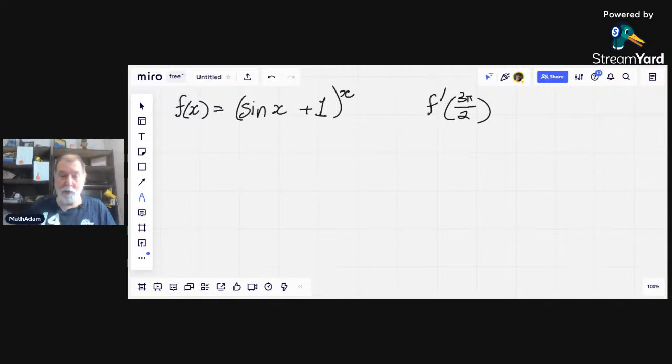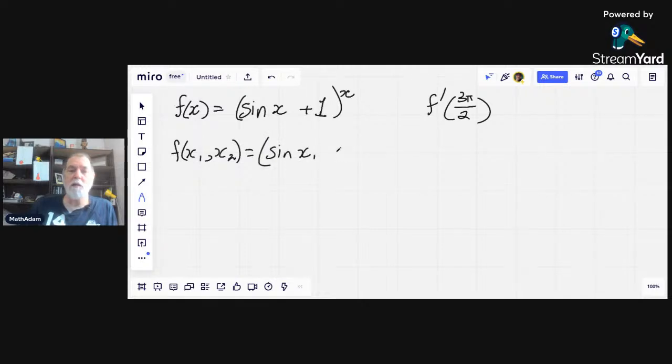We'll rewrite this as a function in two variables, x1 and x2. And so that equals sine of x1 plus 1, all to the power of x, the 2 subscript. And we will differentiate this multivariable function. And here's how we'll do that. F prime of x1, x2,